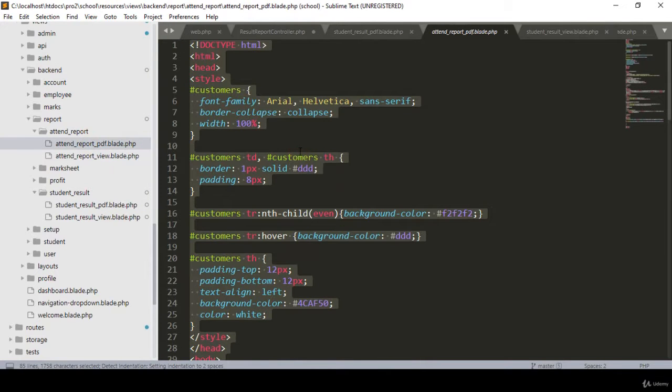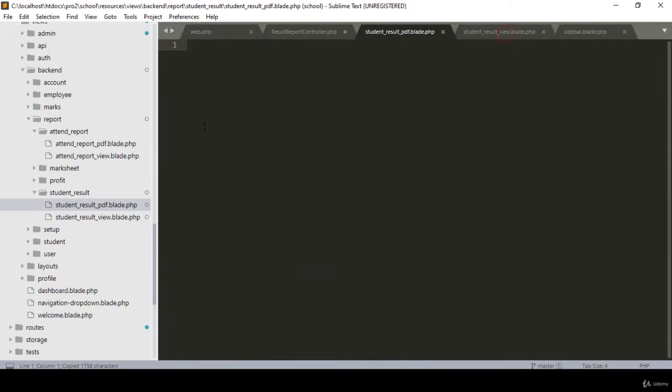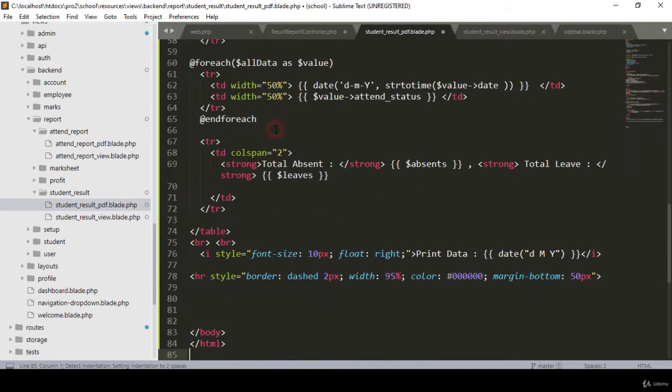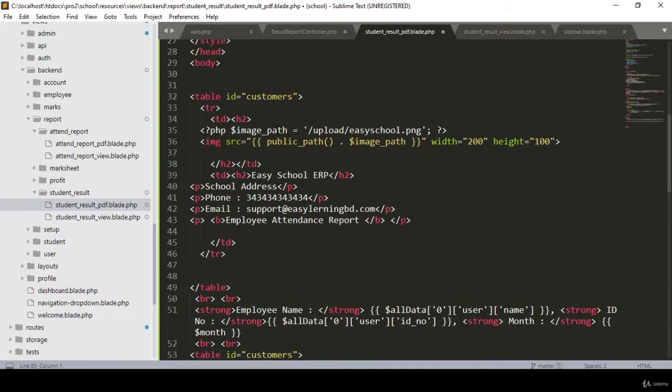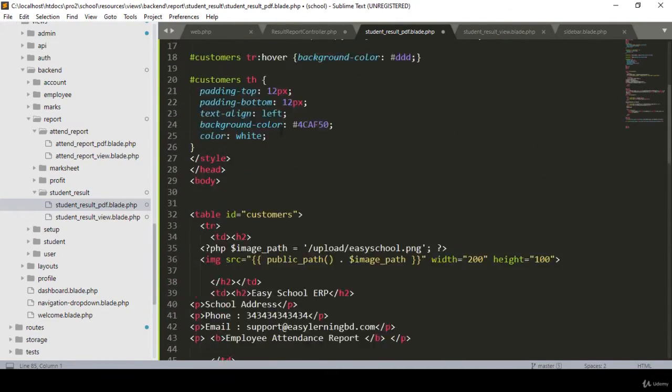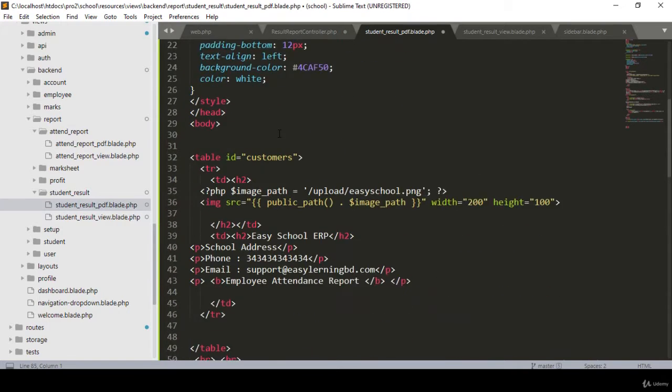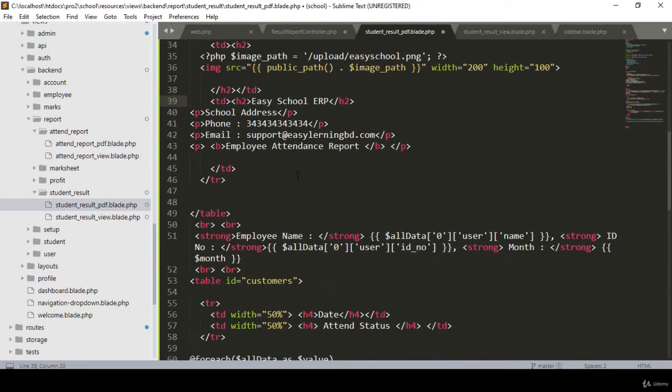Better I copy everything from this position, and then in our student result PDF I simply paste it. So friend, that will be the same: first of all that is our total file, and then our image will be visible, and then the name, and here I want to change that name, so that will be as a student